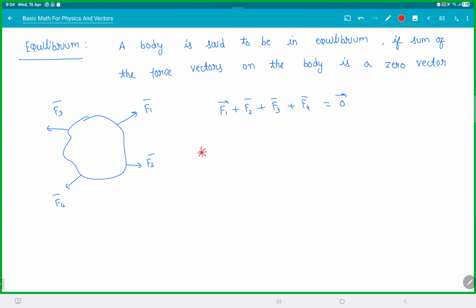Now, here we can even say something more. If you take the component of forces in any direction, meaning, for example, if I take a line like this, and I take F1's component in this direction, F2's component, F3's component, F4's component, all those components must cancel out. Component of forces in any direction